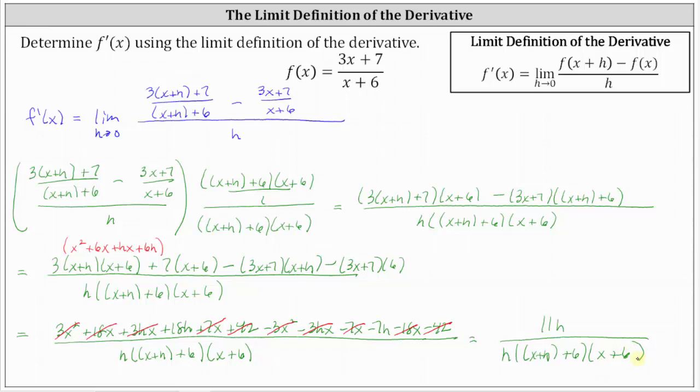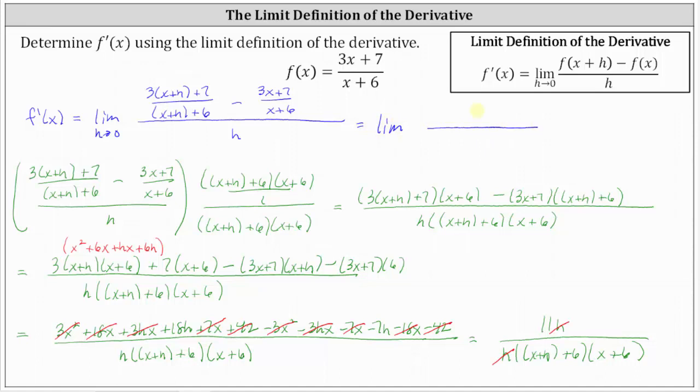Notice how now there's a common factor of h between the numerator and denominator that we can simplify out. H divided by h simplifies to 1. Notice now we just have 11 divided by the product of the quantity x plus h plus 6 and the quantity x plus 6, which means the original limit is equal to the limit